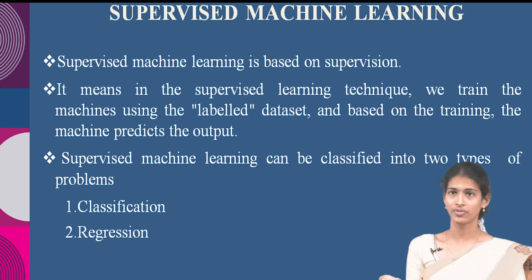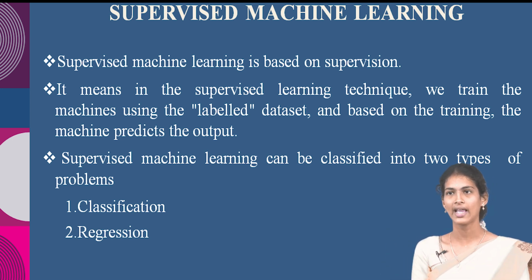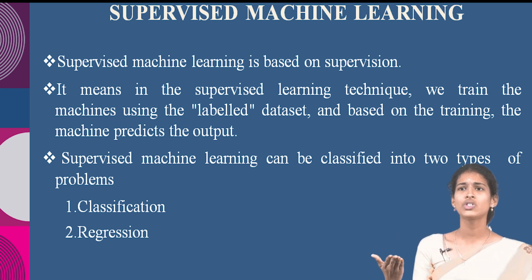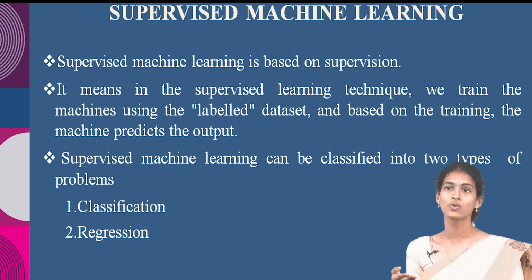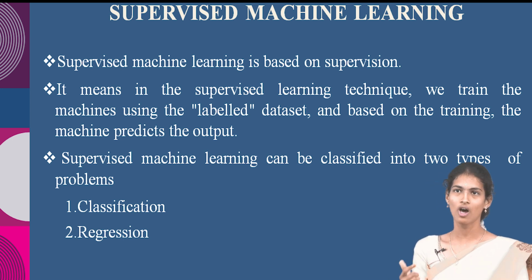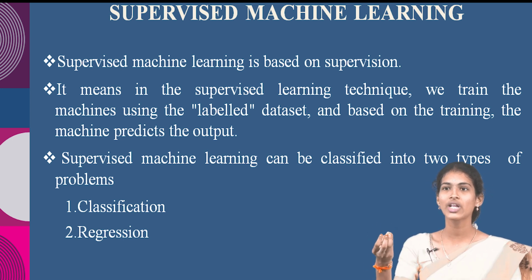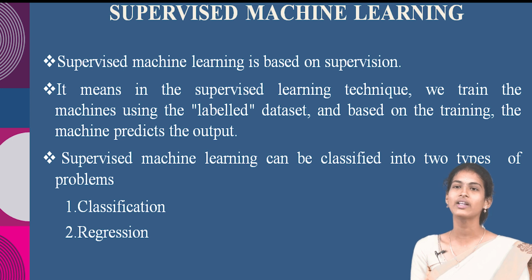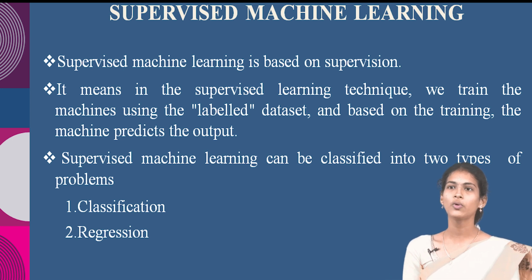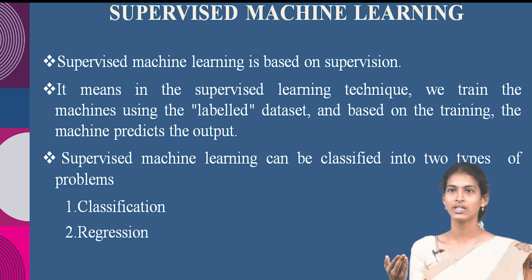After completion of training, we input the picture of a cat and ask the machine to identify the object and predict the output. Now the machine, having been trained, will check all the features of the object such as height, shape, color, eyes, ears, and finally it's a cat. So it will put it in the cat category. This is the process of how the machine identifies objects in supervised learning.